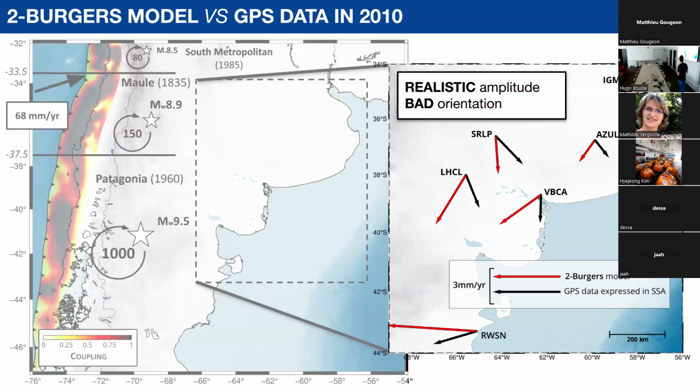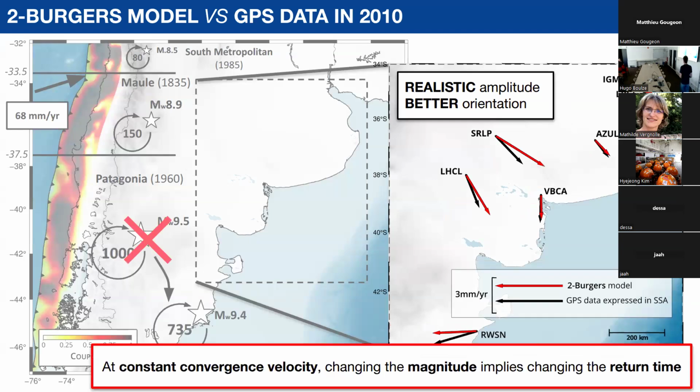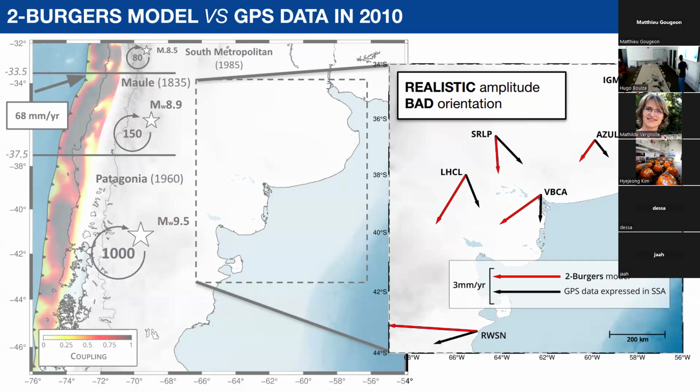of all our vectors. If we compute the residual maps, we will see a residual that is oriented this way. So at this stage, we have a realistic amplitude of velocities, but the orientation is bad. And just by playing with, for example, the magnitude of the last earthquake here, we understand that there is